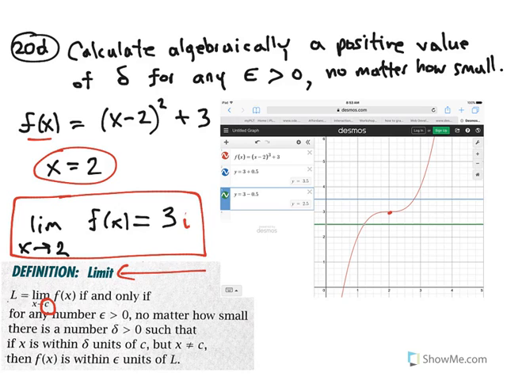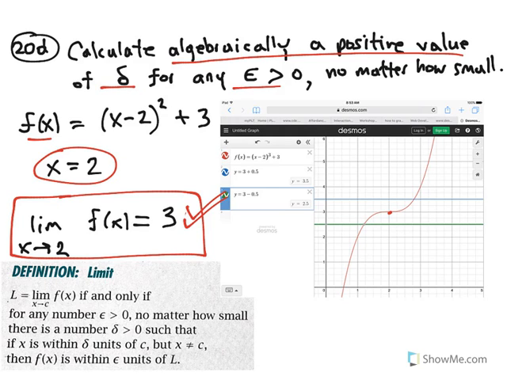So when we looked at the graph, it was our belief from the graph that the limit was equal to 3. But now we're going to be able to prove analytically, by using this definition of what a limit is, that this is in fact true. And how do we do that? Exactly doing what the instructions state, by calculating algebraically a positive value of delta for any epsilon greater than 0, no matter how small, because the definition of limit states if the limit of f of x as x approaches